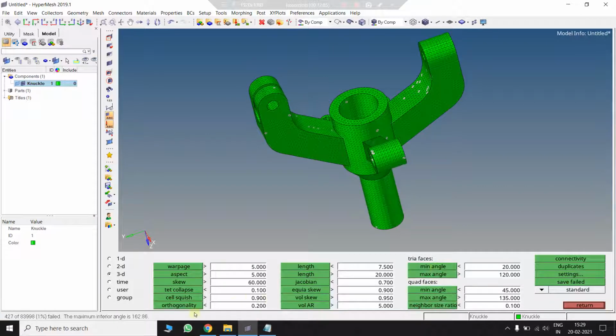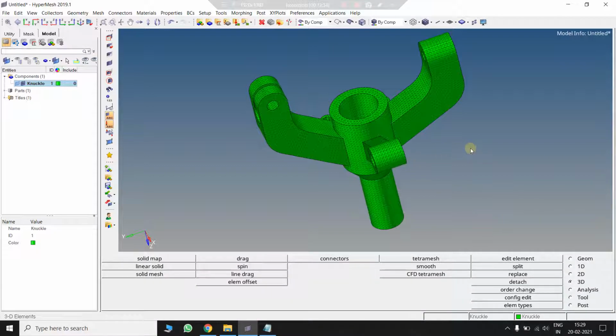max angle, they will be failing, of course, and you cannot correct all the elements. So we need not pay attention to this part because they are not so significant. The only crucial part is TET collapse for a tetra element. So this is not failing. Now we are done with our mesh. So this is the final mesh,